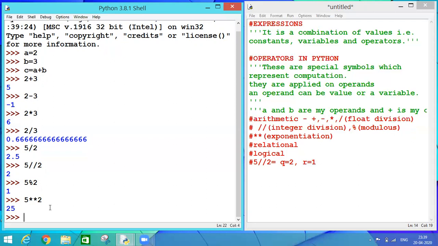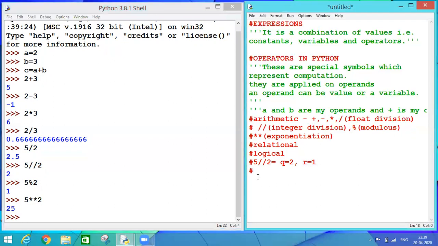Like 5 raised to the power 2. If I am writing 5 exponentiation 2, it means 5 raised to the power 2, which means 5 5s are 25. It will be 5 multiplied by 5, which is equal to 25. It works like this.